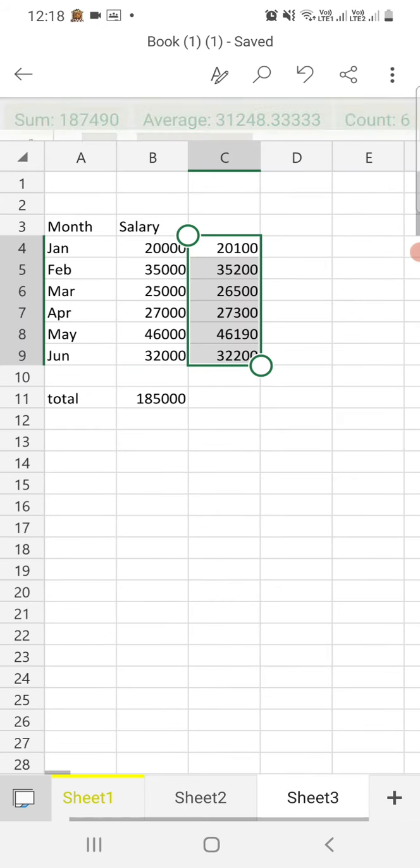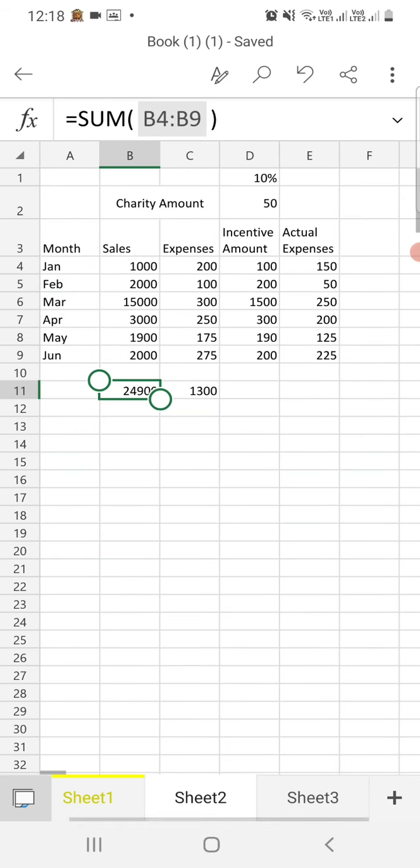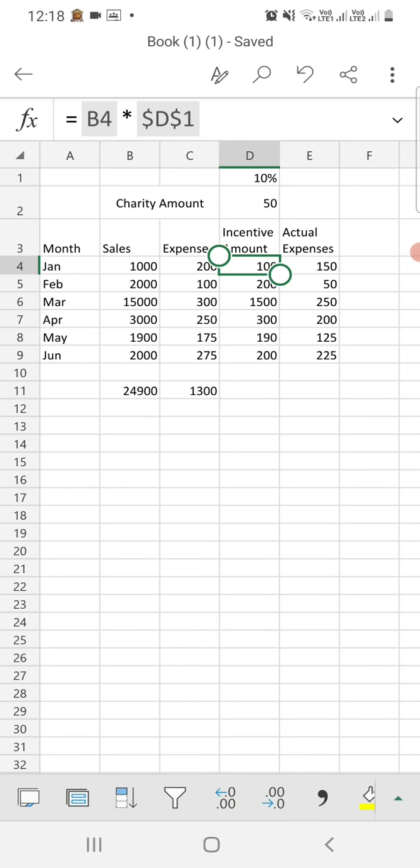Okay, yes, right, yes, D cell. From sheet 2 we select the D cell. Yes, column D, rows 4, 5, 6, 7, 8, 9. We select that cell, that is D4 to D9: 100, 200, 1500, 300, 190, 200.